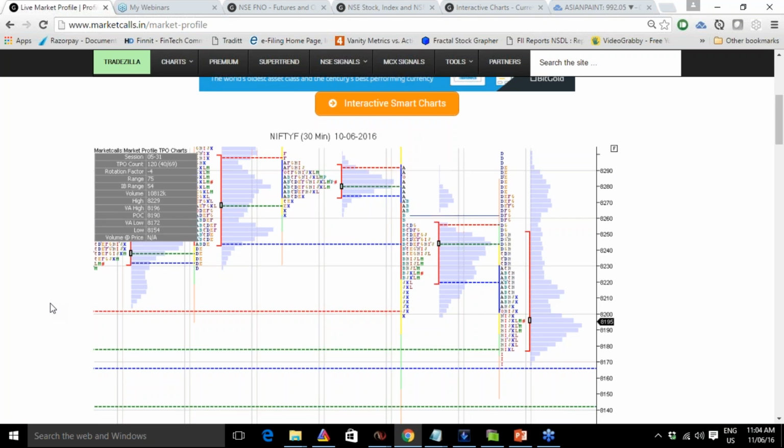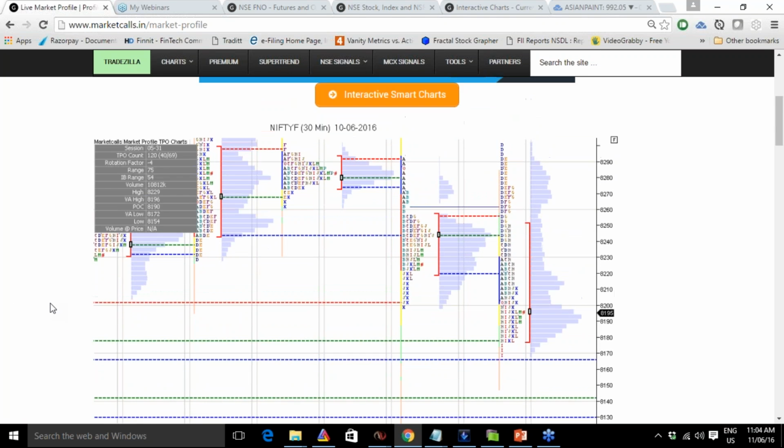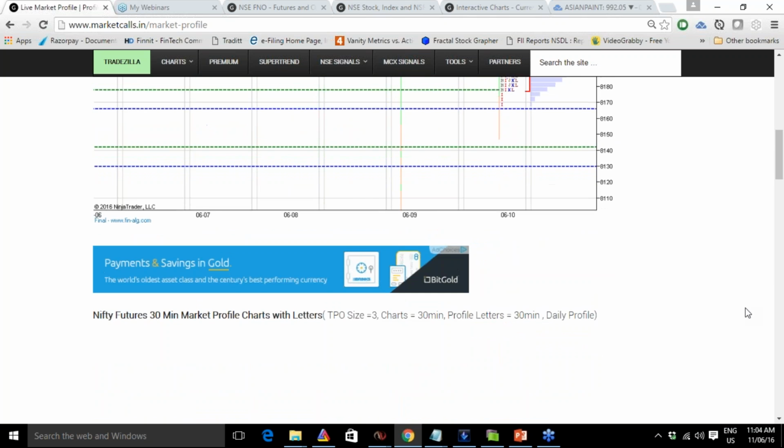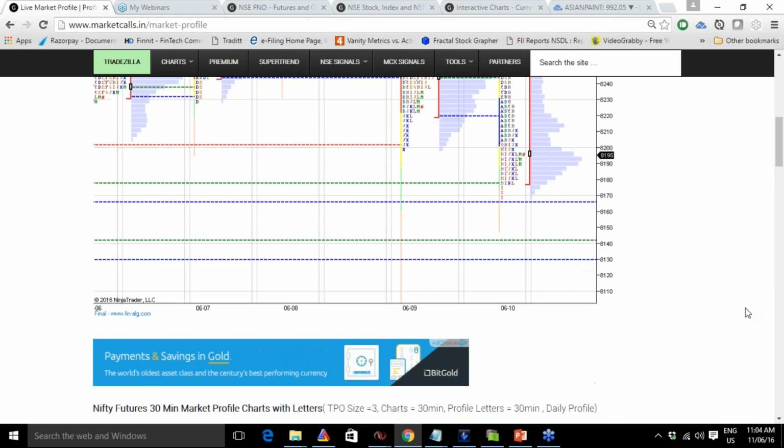Probably this page displays market profile charts for Nifty and Bank Nifty at this point of time. You can also join our trading room, which is a part of the TradeZilla package, and there you'll get exclusive access to the trading room, where we'll be discussing a lot about market profile and order flow kind of stuff. Yes, market profile charts are currently available to the public for Nifty charts,